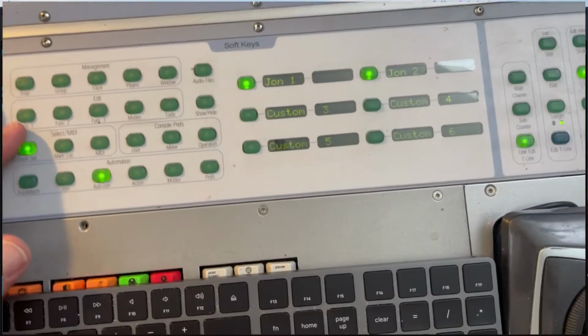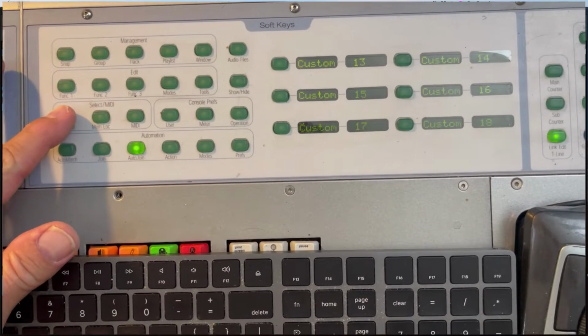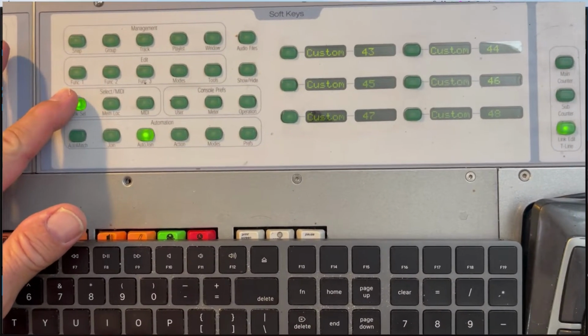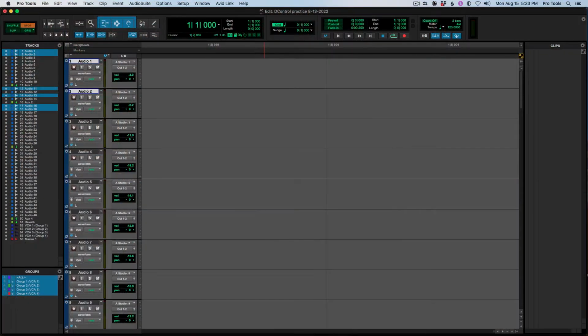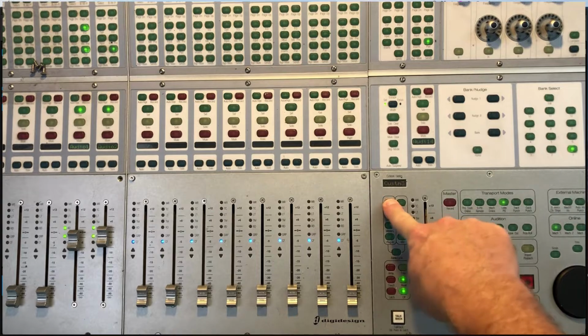And of course, if I want to get to the next bank of 6, just hit that bank select button and it will take me all the way through. And you can see that I can have up to 48 custom fader groups. The other way to do it, similar to groups, is just press and hold